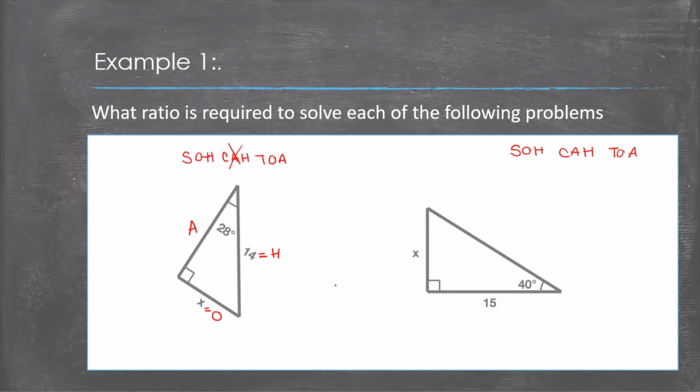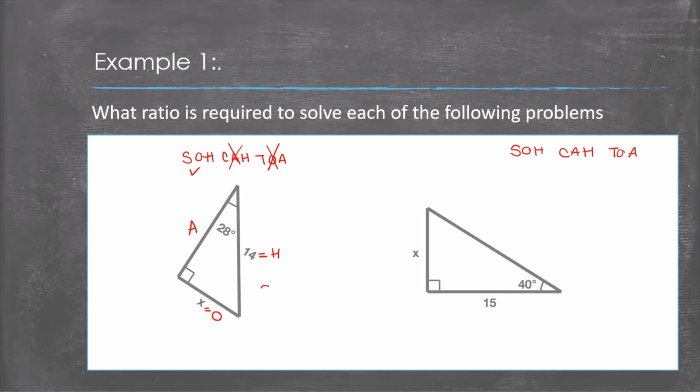It uses adjacent and hypotenuse. It's no good to us. How do I decide whether I use sine or tan? Well, I look at the information that I know in the question. I know my angle, but I also know the hypotenuse. I don't know any information about the adjacent, so I can't use the one with adjacent. I need to use